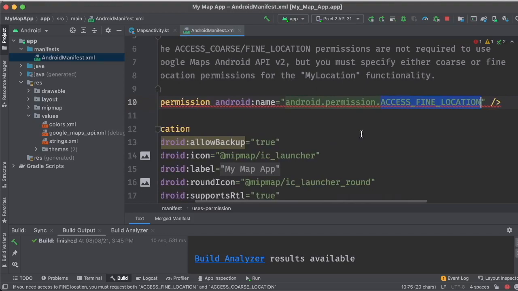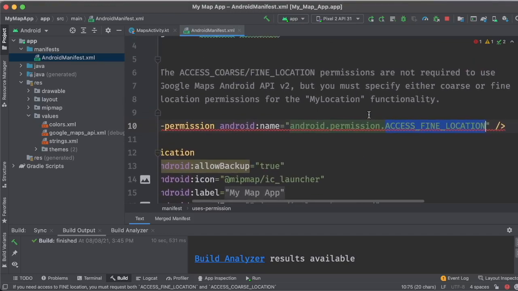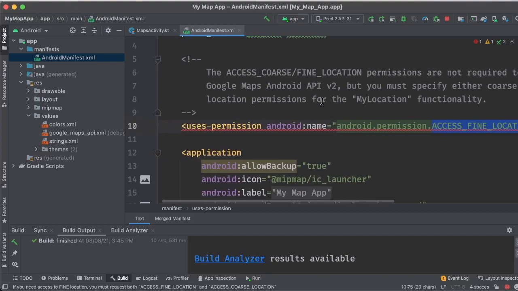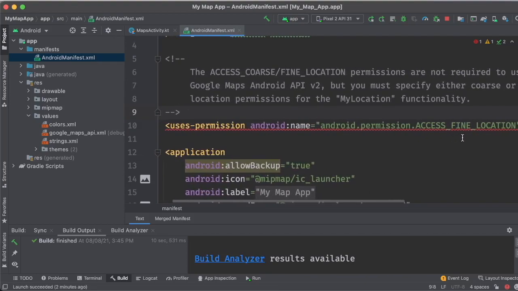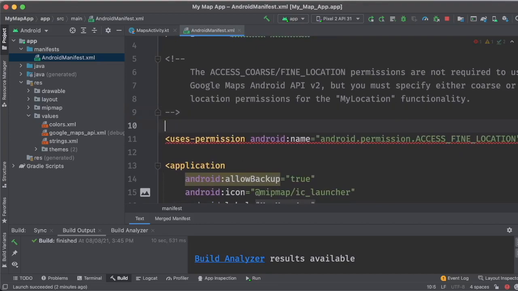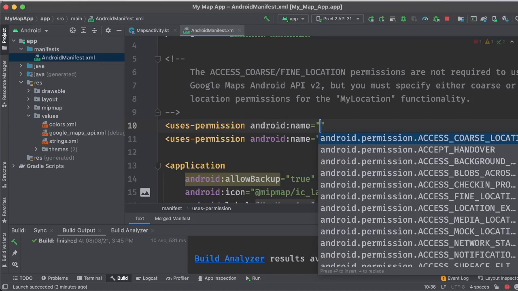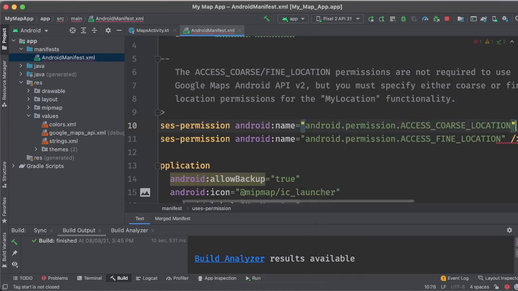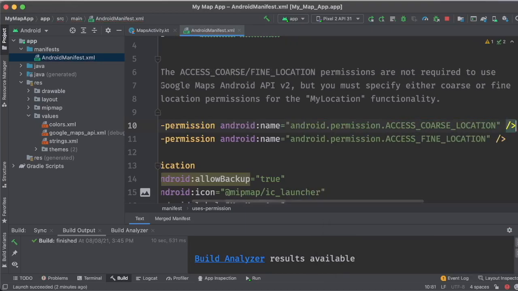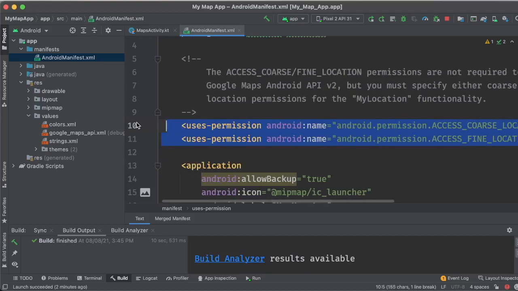The location that we are using is predefined. So to read the location from the GPS hardware, we need to enable permissions for this. So we'll be writing uses permission access coarse location, because to access the GPS we will need both of these permissions.